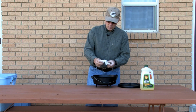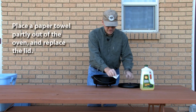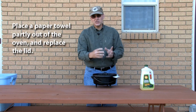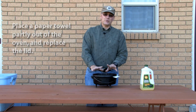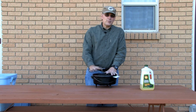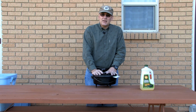Then when you're done, we recommend that you take a paper towel, leave the corner sticking out, put the lid back on, and that creates just a little bit of airflow, and any moisture that's still in the Dutch oven is going to be sucked up into that paper towel, and it'll keep your oven nice and clean. It's going to give you service for a lot of years. We recommend that you store your oven in the house, keep it in a cool, dry place,